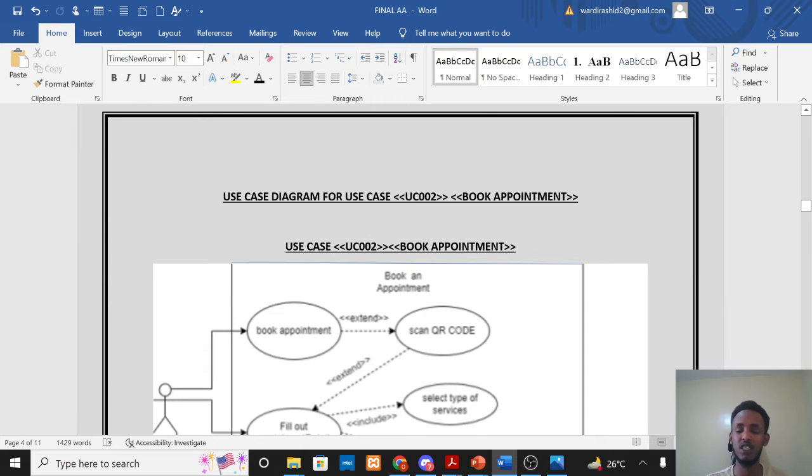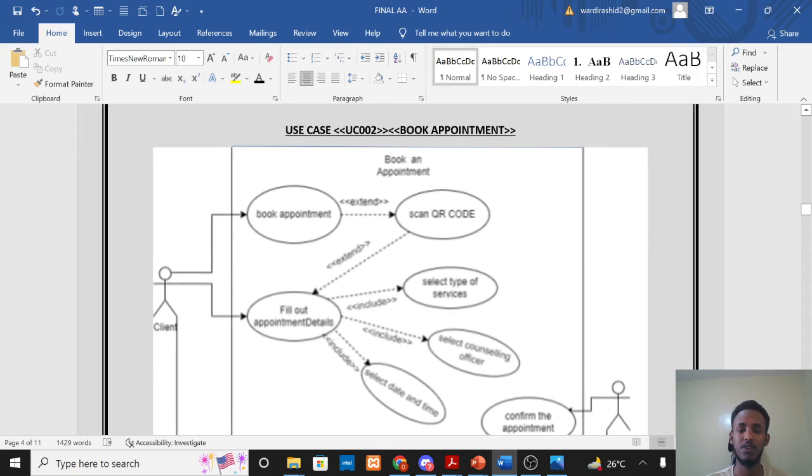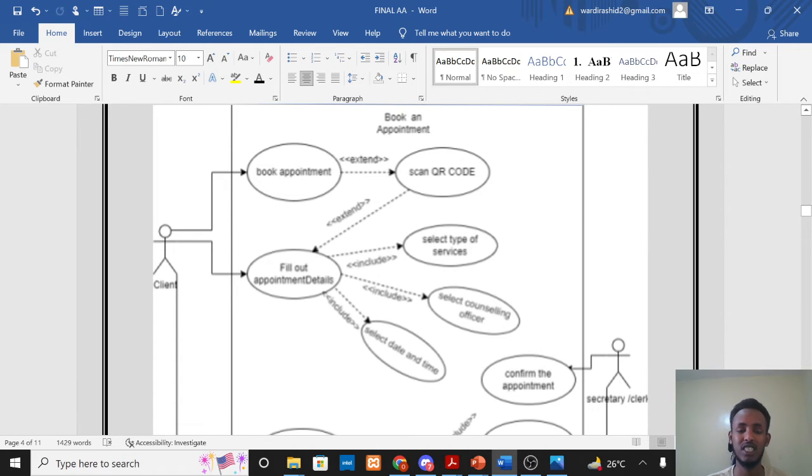So we have the use case diagram here. We're just going to skim over it, of course, there's nothing much to talk about. We're going to basically be talking about book appointment and this use case here, whereby after book appointment, the client fills a form, like name, email, and stuff like that, and chooses and selects type of services, counselor officer,